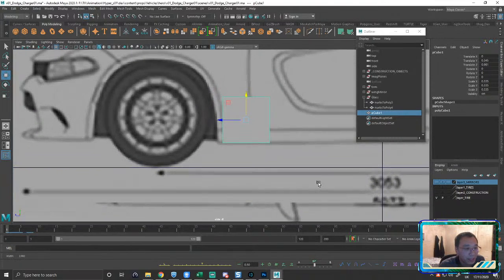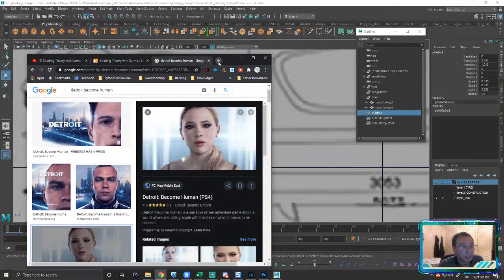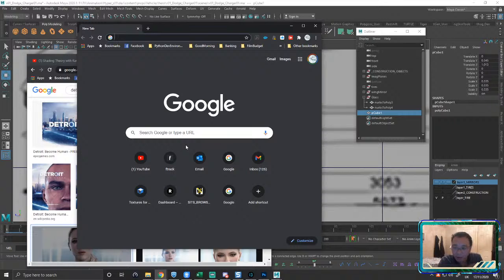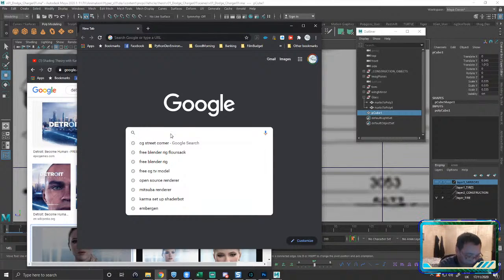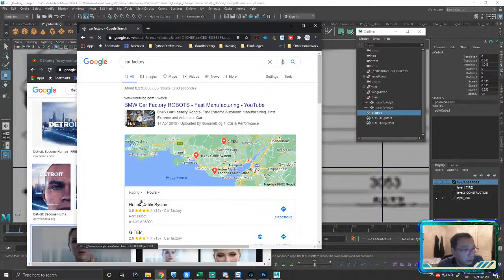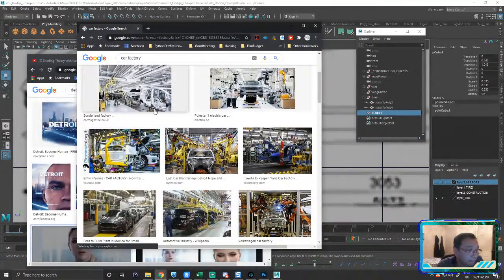Now, one of the things that I've found that makes modeling a car really, really easy, not easy, but a little bit, you'll get a better idea of how to approach it, is do it like they do in a car factory, right?